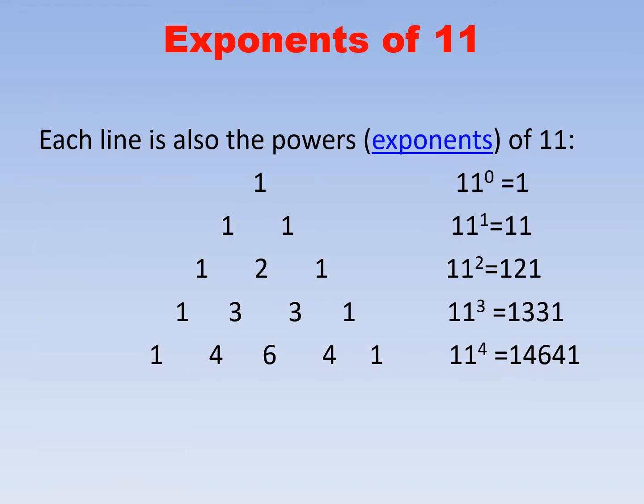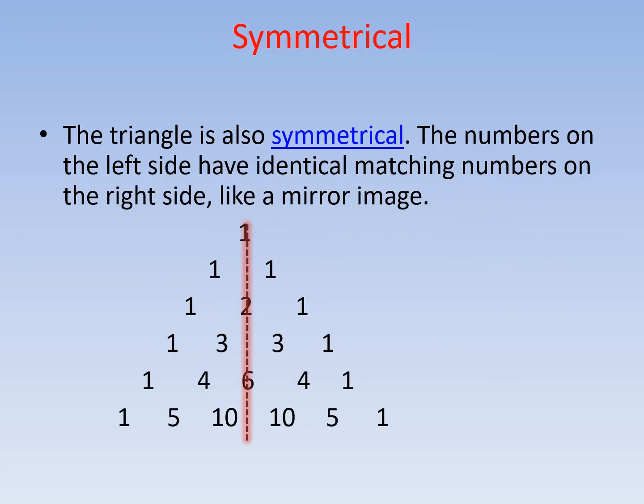Next we have exponents of 11. If we see the numbers directly in the rows, then they are representing the exponents of 11. Earlier we were taking sums. Right now we are not taking sums, we are just observing the numbers. It is 1 here, so 11 raised to the power 0 is 1. Next is 11, which is 11 raised to the power 1. Then 121, which is 11 square. Then 1331, this is 11 cube. Like this, you can have others.